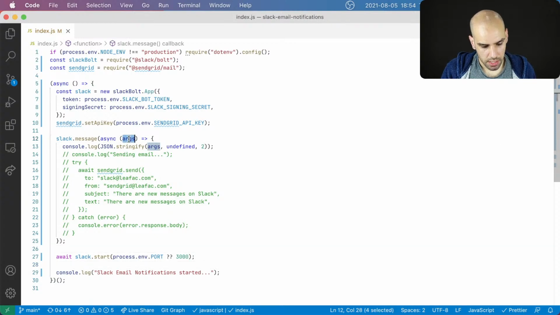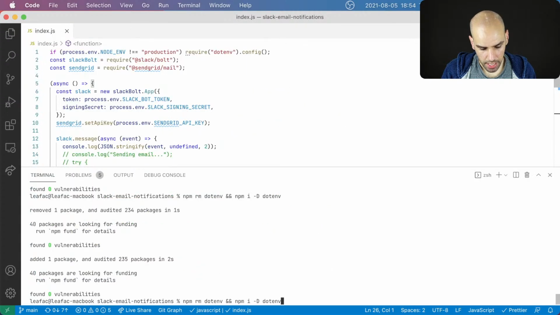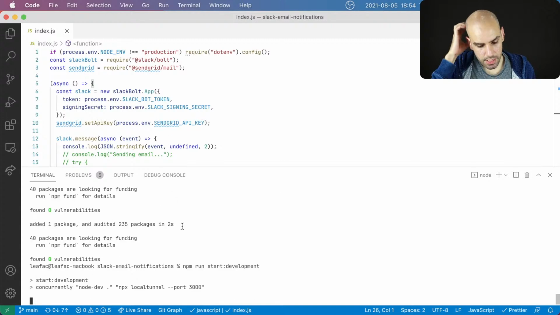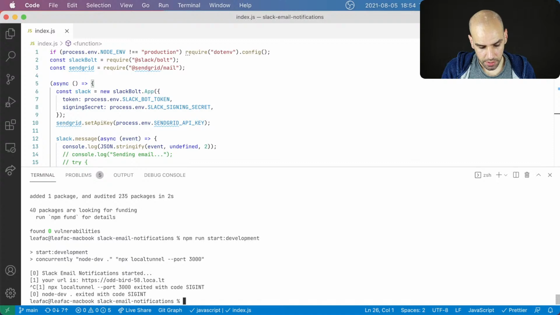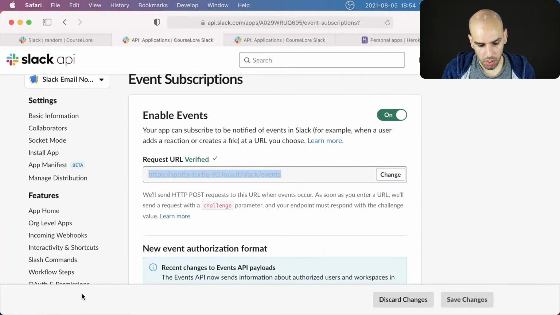And I guess this is like my event. So let's start the app for development, npm run start development, and configure Slack to send notifications to this place. Well, better yet, before I even start this, because I will have to tweak some knobs here to make this even work, here's what I'm going to do.